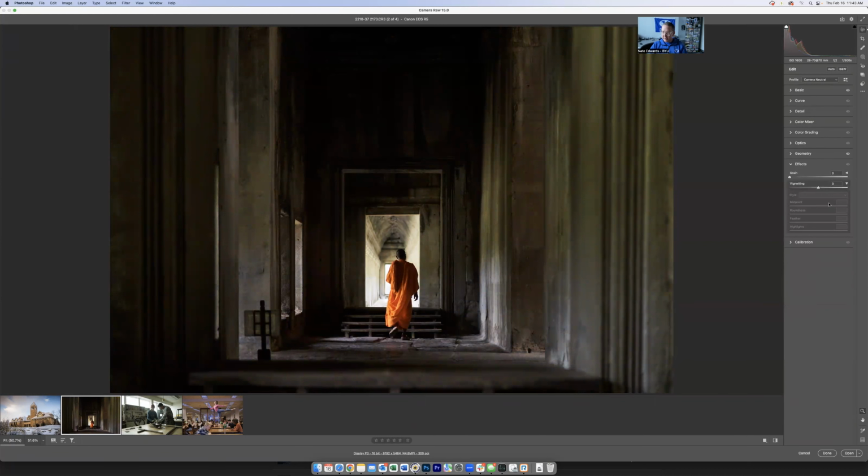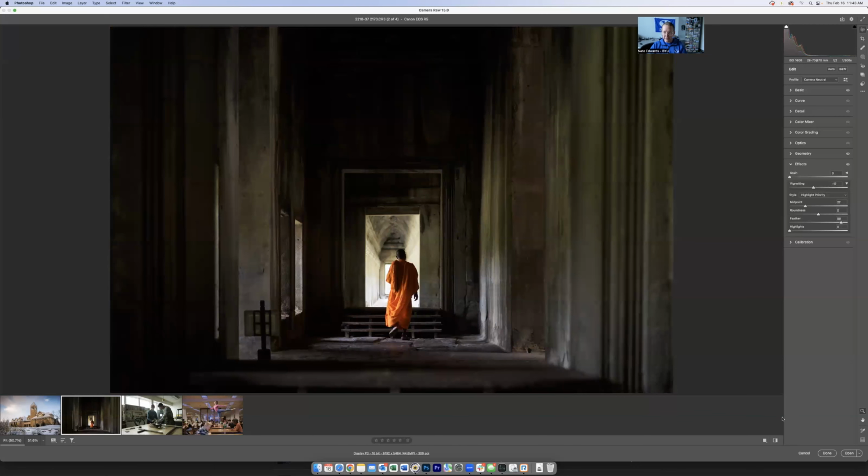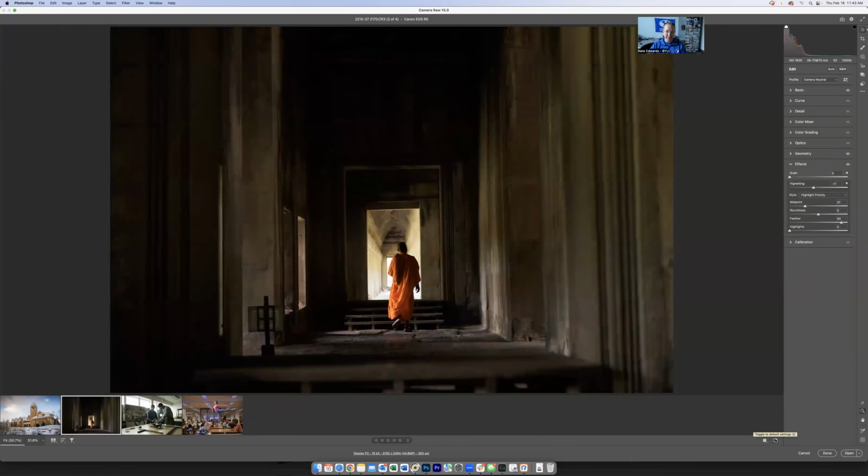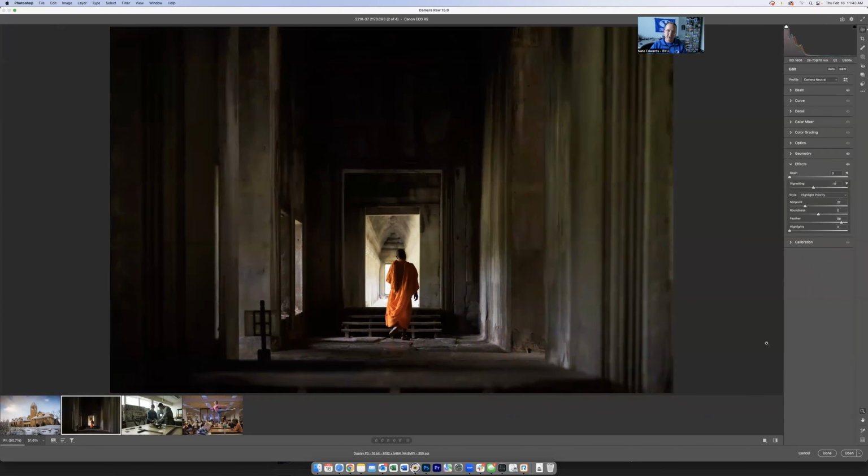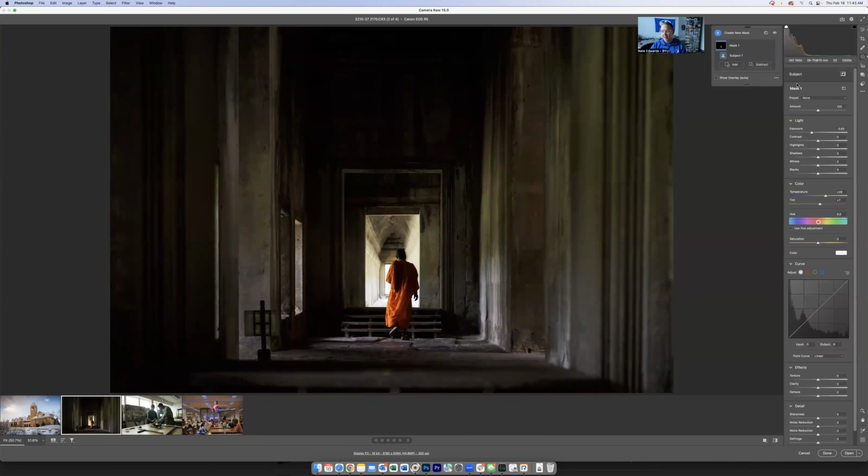Then we'll do some vignetting, same things that we did earlier. We talked about it just to bring your eye in. So just a couple of changes made the image pop just a little bit more. Now let's go through and talk about some of the selections again and how they can enhance this. So if we do subject select,